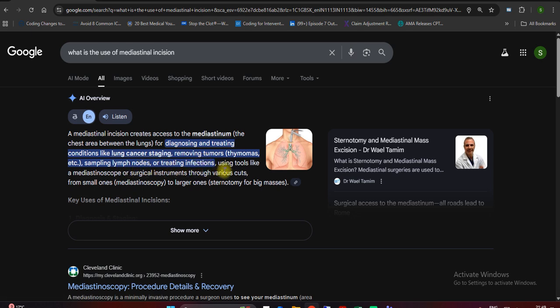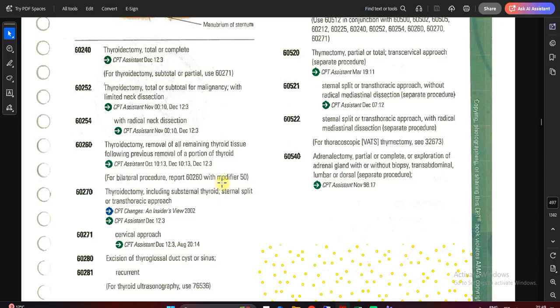And if the physician wants to perform heart procedures also, see here, sternotomy. For that also the physician will perform mediastinotomy. So you don't need to worry, you just need to check the approach based on your code, whether the physician is telling mediastinal and thoracic approach. Okay, so